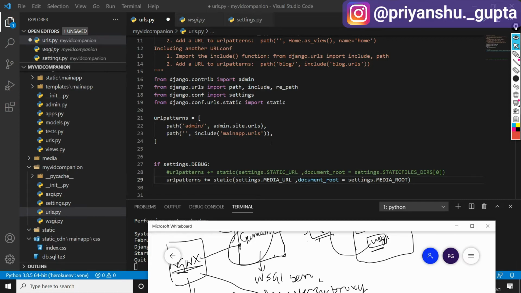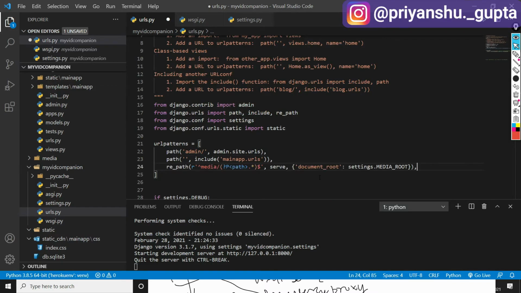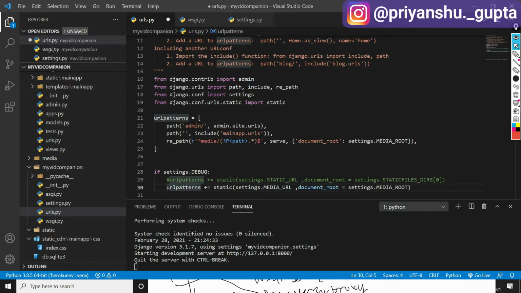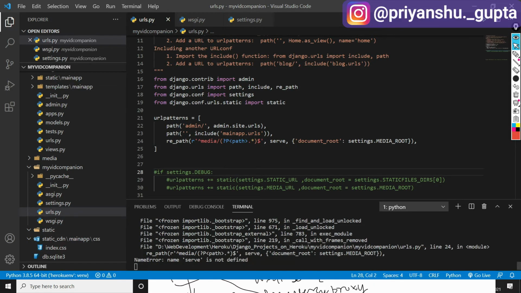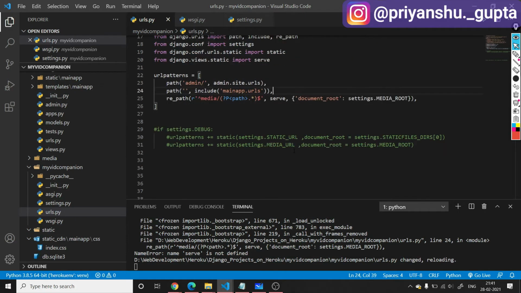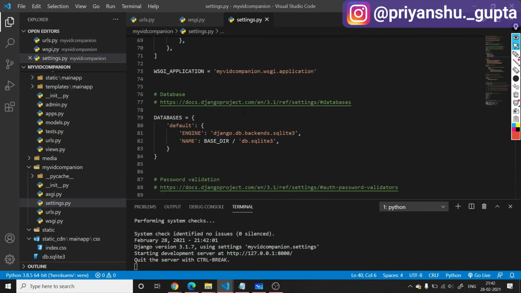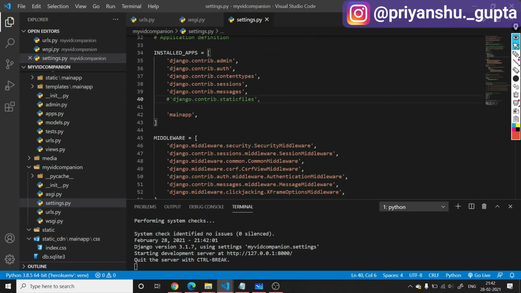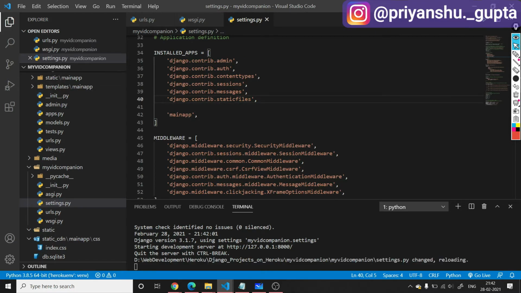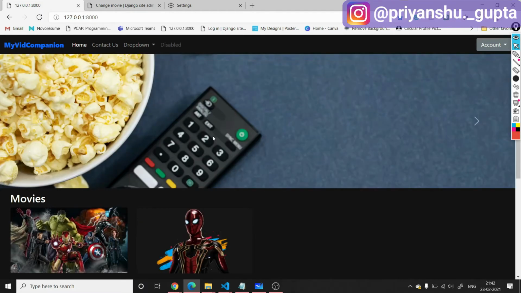Then you have to use a function called serve. So for that you will add a URL here, that is this one. And even if you comment this out, if I press Ctrl save here, you will have to use a module which is django.views.static import serve, and now it will work. Now we have enabled this for media root. And also let's uncomment this static files app. Ctrl save. And now if I go to our server and refresh this page, you can see all the static files have arrived here.